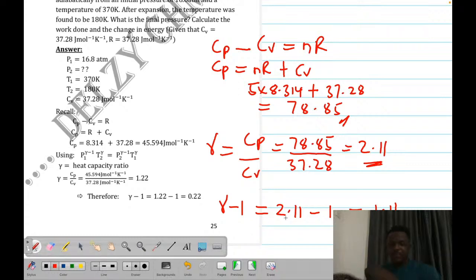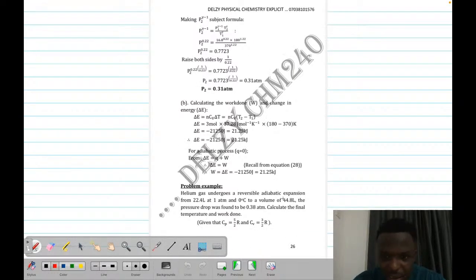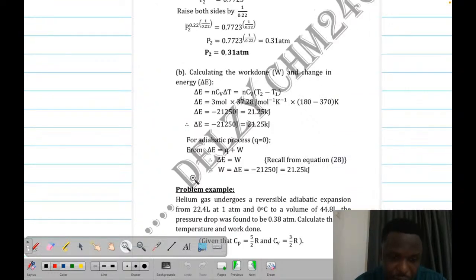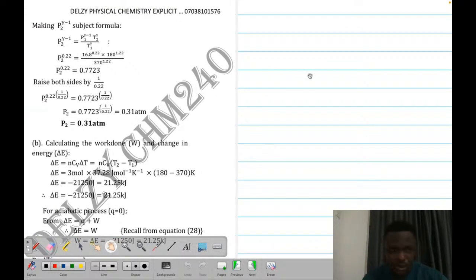All right. So moving forward, I want to clean this off. So let's look at the next page. Now this is the next page. Class, watch out and see what we are doing here. Now from that formula I gave us previously, right? From the formula that relates pressure and temperature, if you can remember the formula, it was